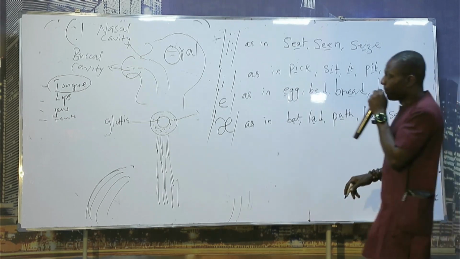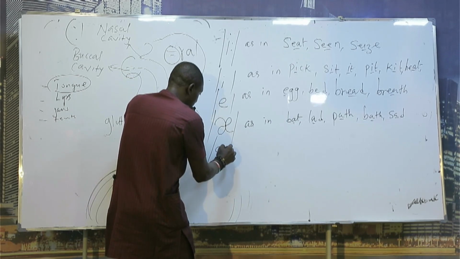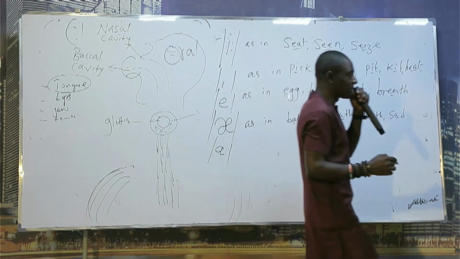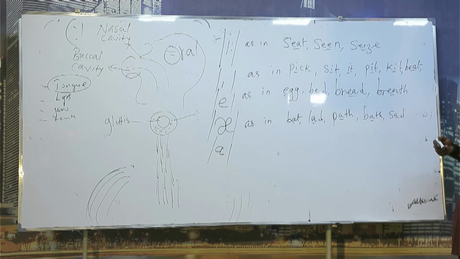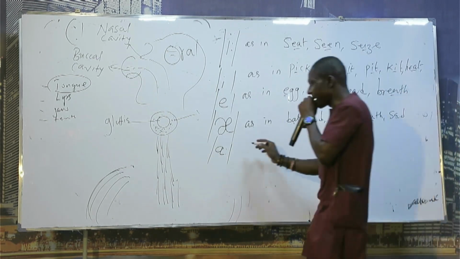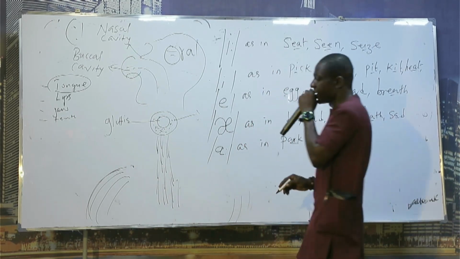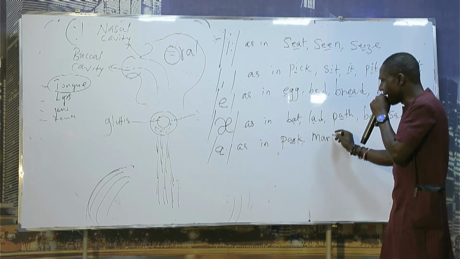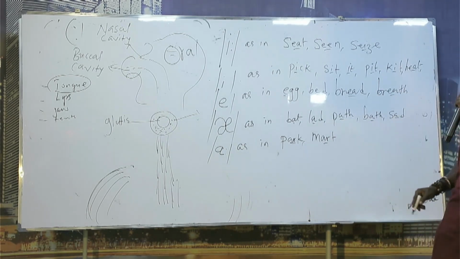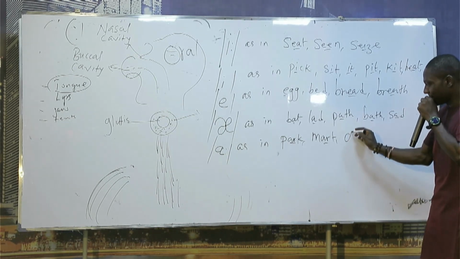All right? Number 5 is the long R sound. Did you see how that thing looked like? It's not that A. I didn't write it like A. There is this curve at the tip of it. That is the long R sound, as in park. We are going to the park. Mart, M-A-R-T, mart. Okay. Clock.